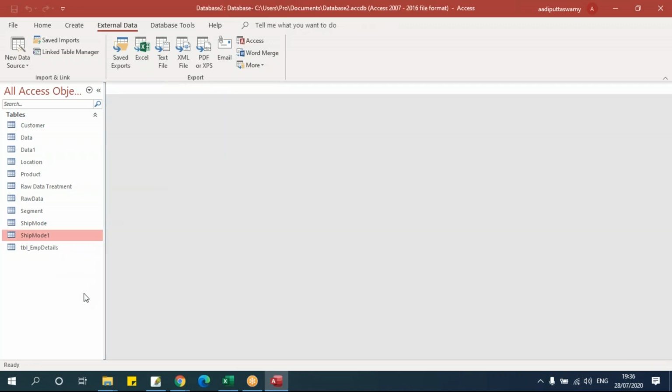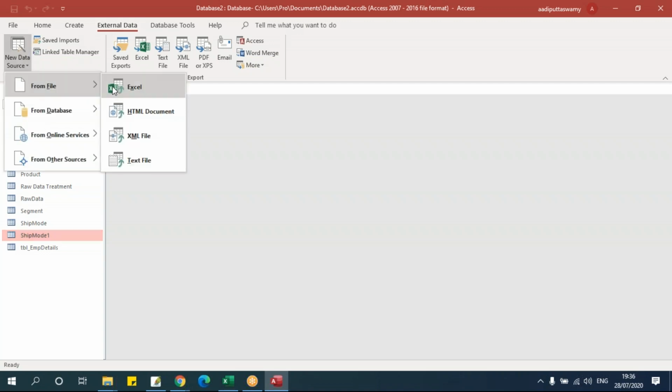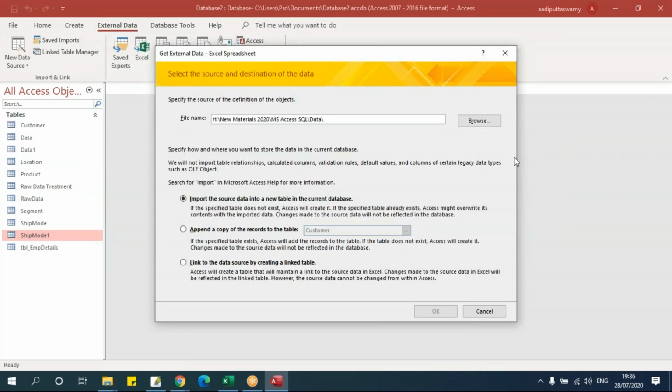We saw now how to import the data as a new table. Now let's say I already have a table. I need to merge, say append, with the data which is already existing. Let's say we'll go here, say import. I'll take one Excel file.